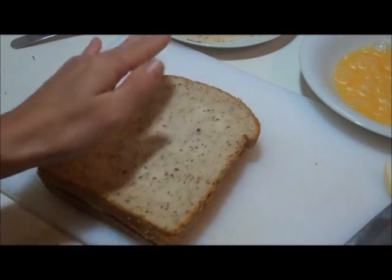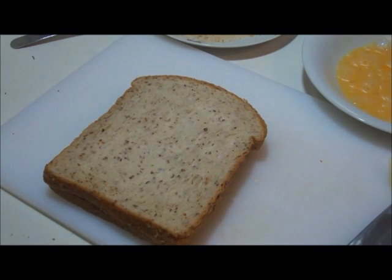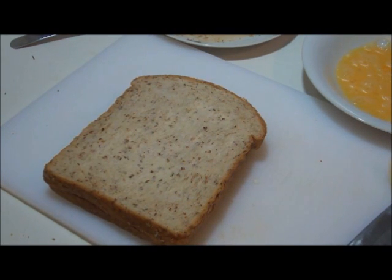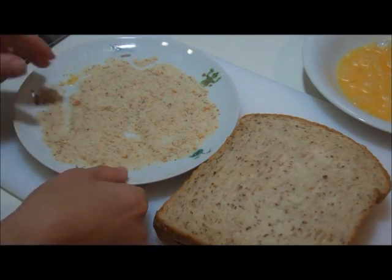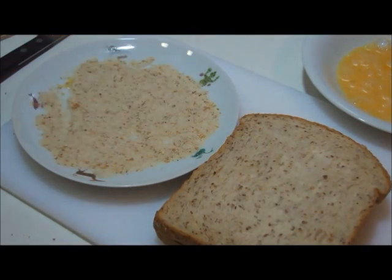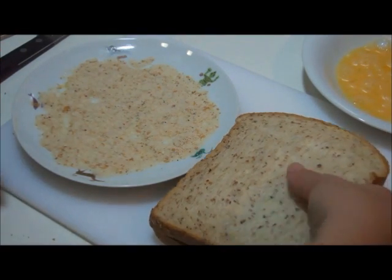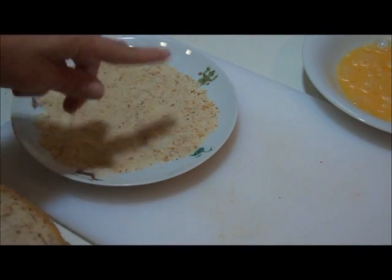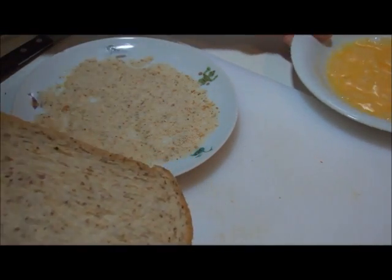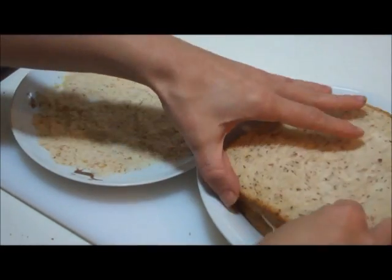Okay, so this is ready to go. I'm just pressing down on it so nothing falls out. I'm going to get my pan lit, get it hot, and put a little bit of olive oil and butter in the pan. Now I've got some breadcrumbs here, and of course you could just use flour, that's fine. I just added a little bit of salt and pepper because my breadcrumbs are fresh, and I wanted to give it a little bit of flavor. I've also tried it before where I put fresh grated cheese in with the breadcrumbs as well, and that was really good. But now, I'm just going to dip the bread in the egg,